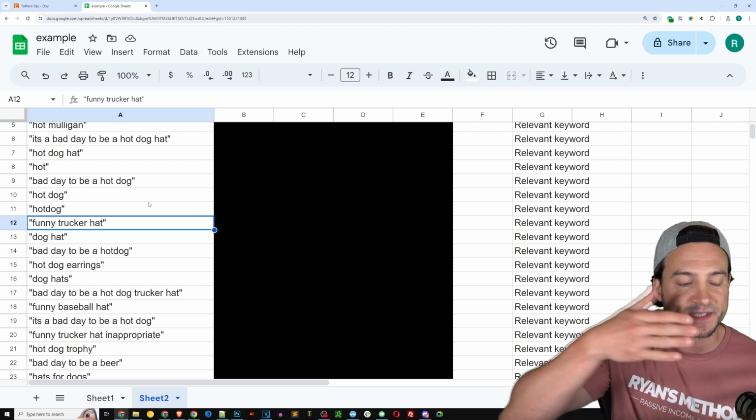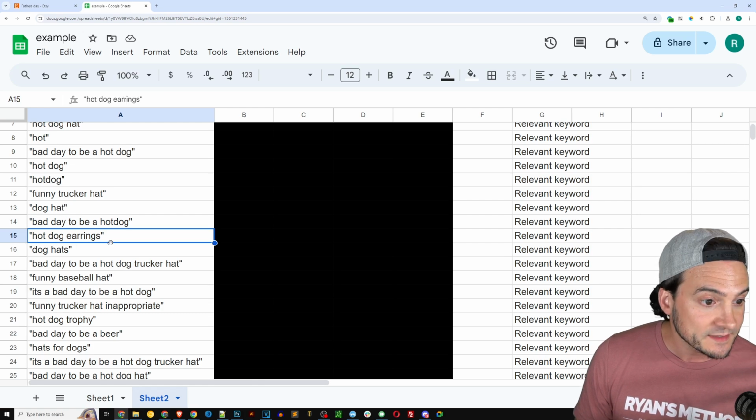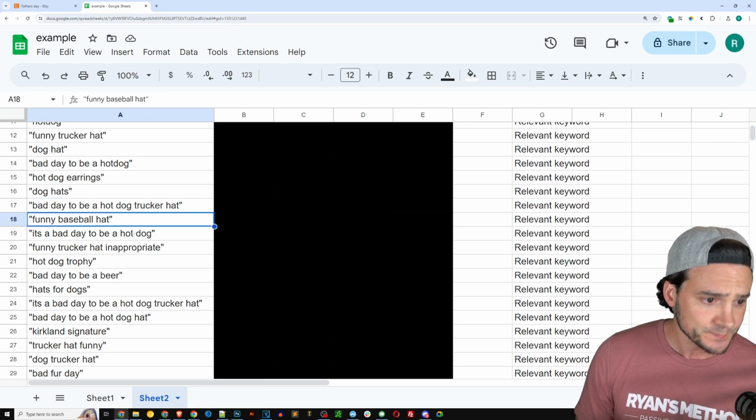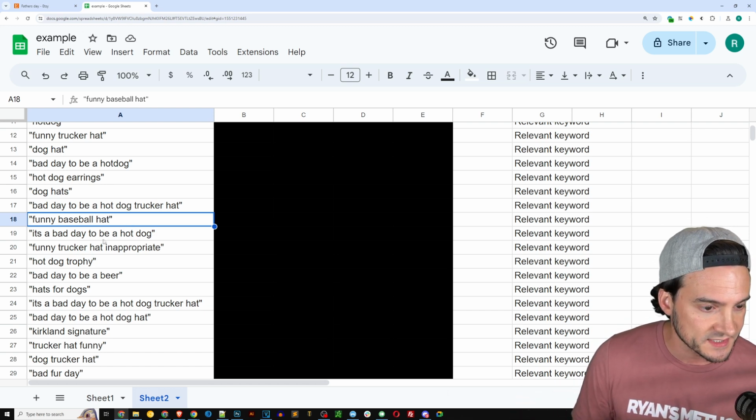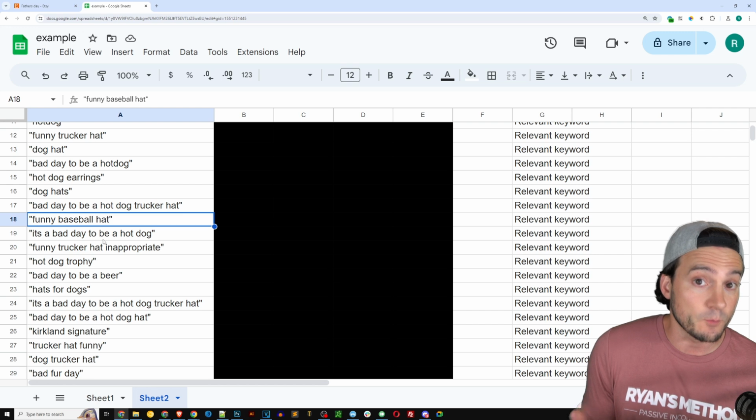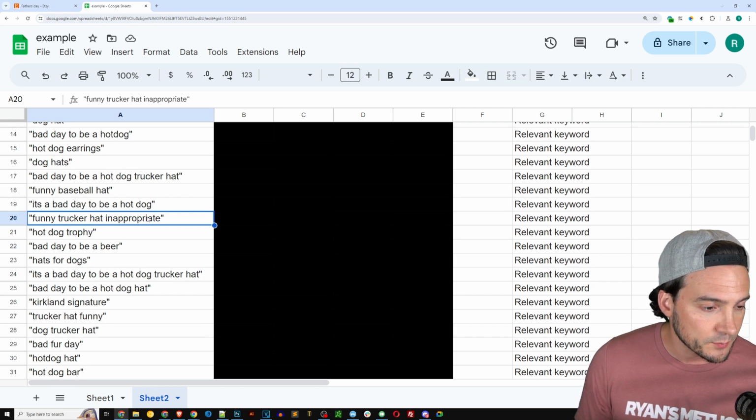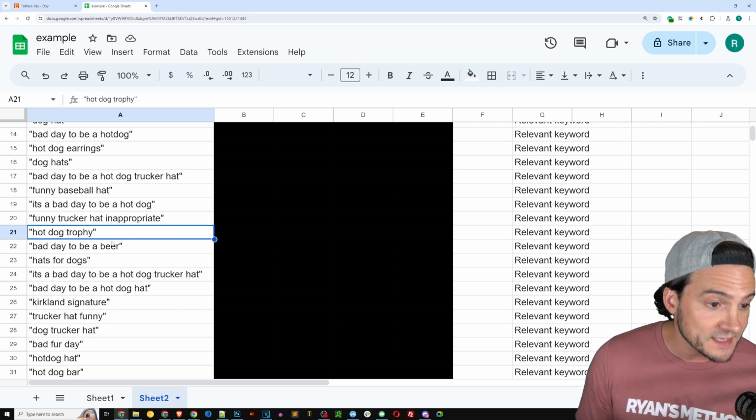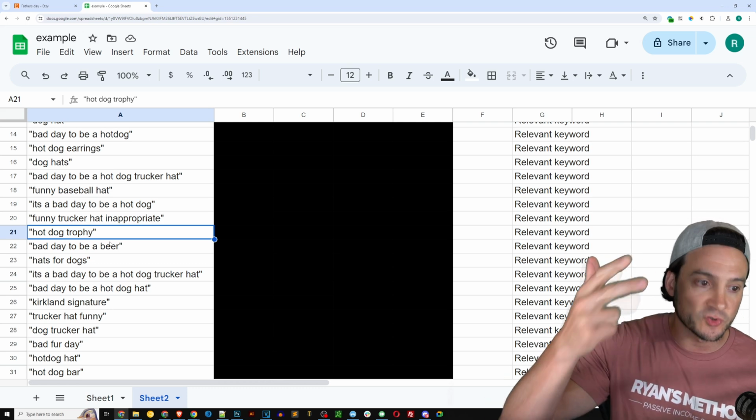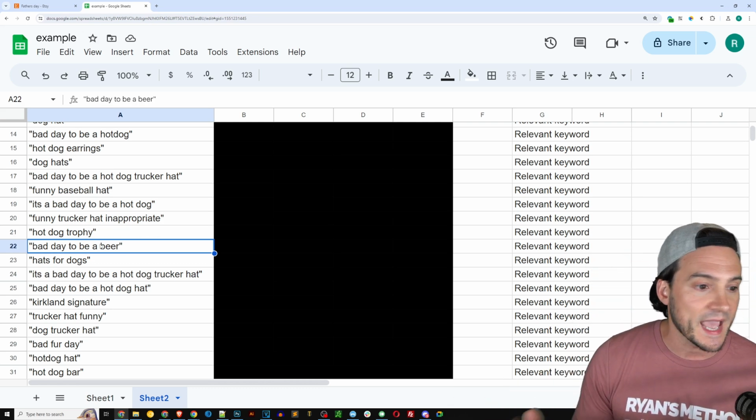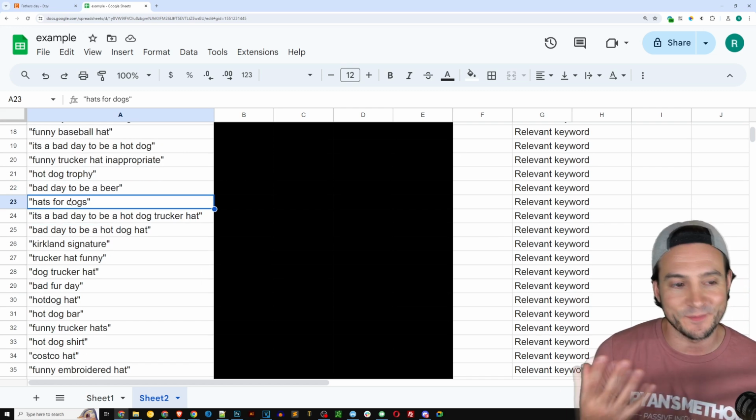Trucker hats, you're getting a specific type of hat. Dog hat, hot dog earrings, dog hats, funny baseball hat. So you're getting ideas of keywords as well to associate with your listings. This is based on what people type into the search bar. Okay. Trucker hat, funny and inappropriate. Hot dog trophy. So there's demand for trophies potentially. We saw earrings, specific types of hats, trophies. Bad day to be a beer could be another niche. Hats for dogs, again, different product, but